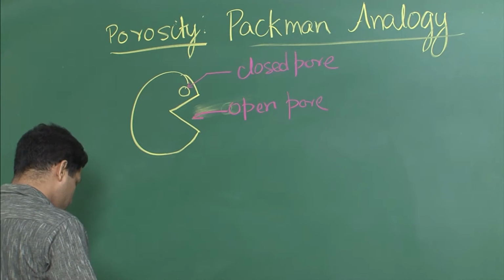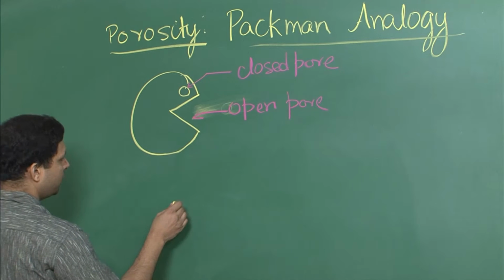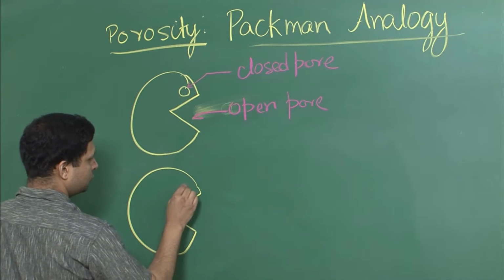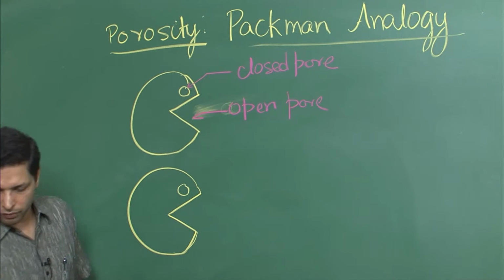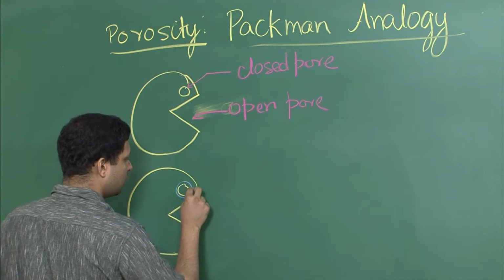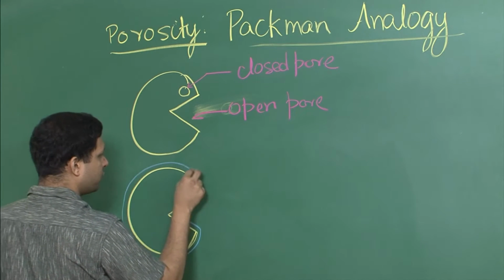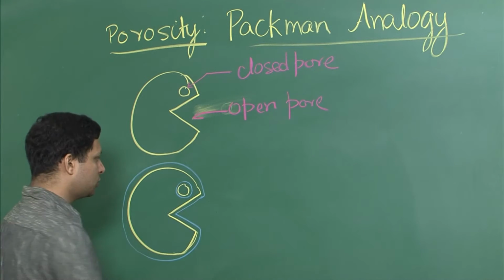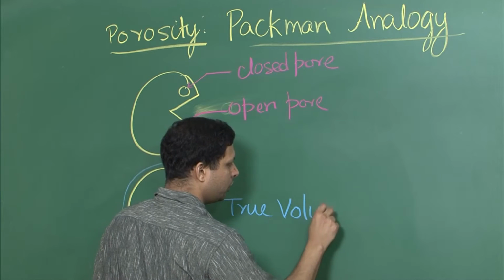Now, if we were to define a true volume, you would imagine that the true volume would look like something like this. So, there is a pore over here, there is a pore over here, this is an open pore, this is a closed pore, and if we want to describe a true volume, we will take away this much volume, we will take away this volume. So, we are considering only this volume: the volume inside this, taking away the volume taken out because of that pore. That will be called the true volume.